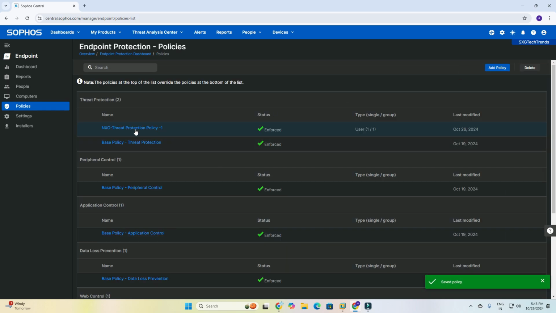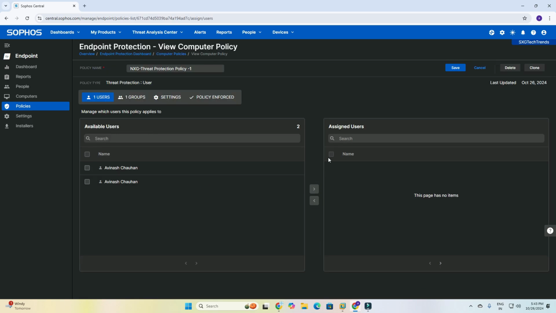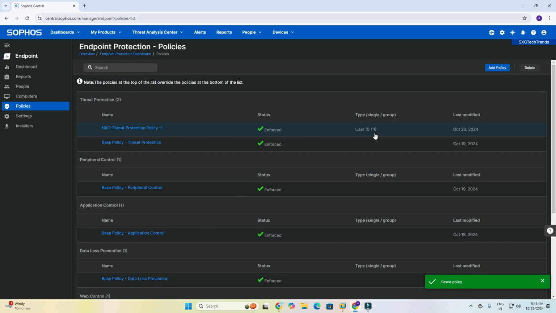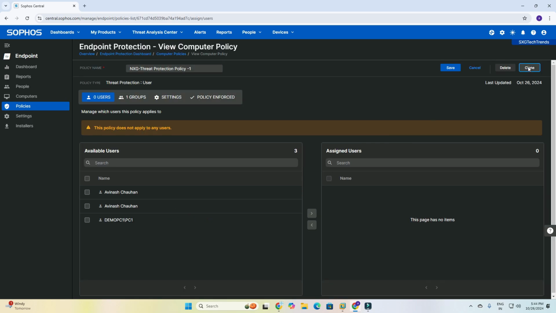Once you save, I need to remove these users from here, and you can see I am just removing these users. Now one group is applied, and I need to create another policy, so that you can understand better.